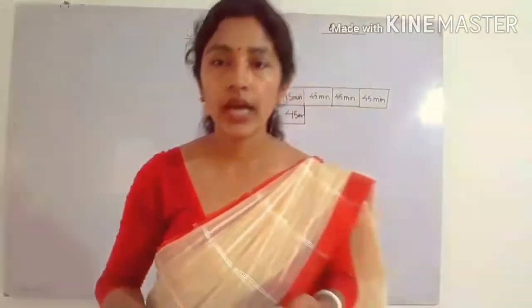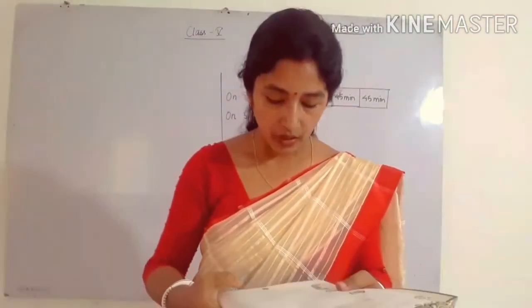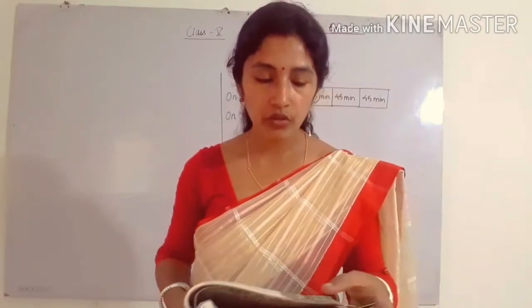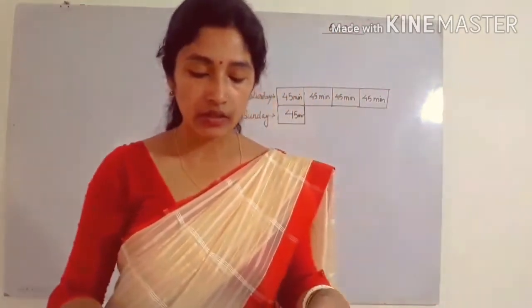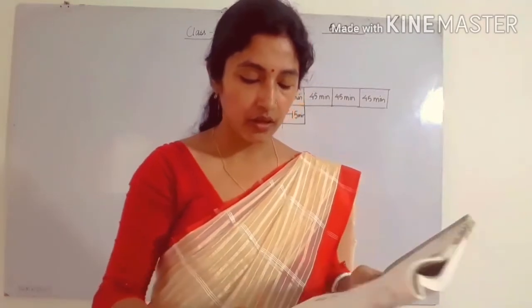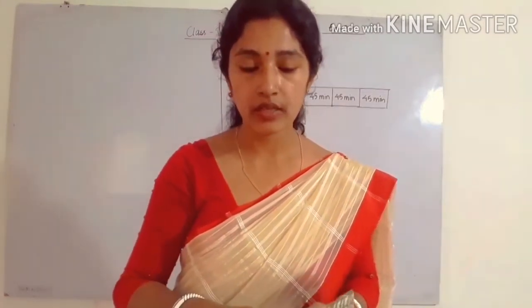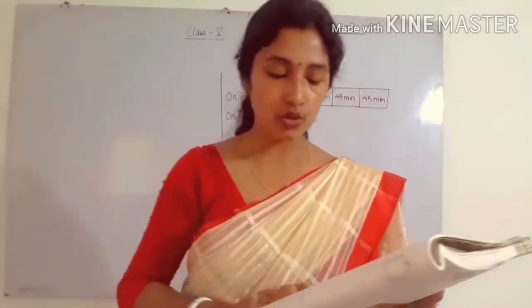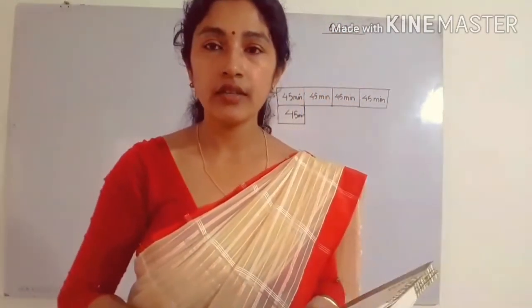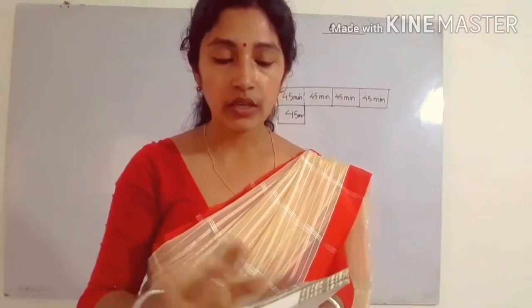So next question I am going to discuss from page number 52B. You can see it is not from the exercise. This is a different type of question, because this type of question is not in the exercise. So that's why I am discussing. See what is given in B. After that I am going to discuss question number 5 of exercise 3.5.